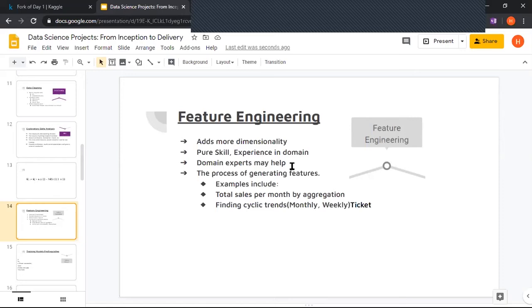And again, how can we know which are the features that we have to generate? So basically, again, we'll have to go to the domain experts. Domain experts are people who know the problem and not the solution.